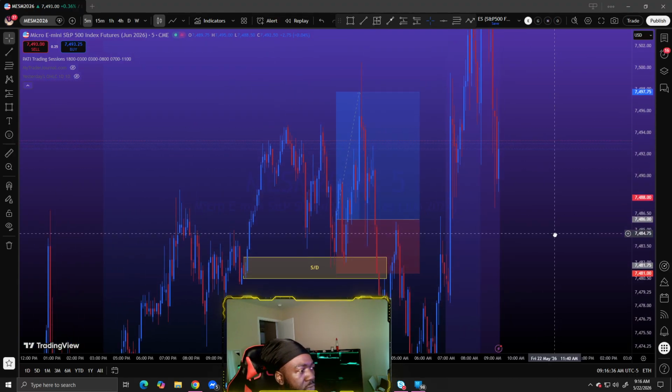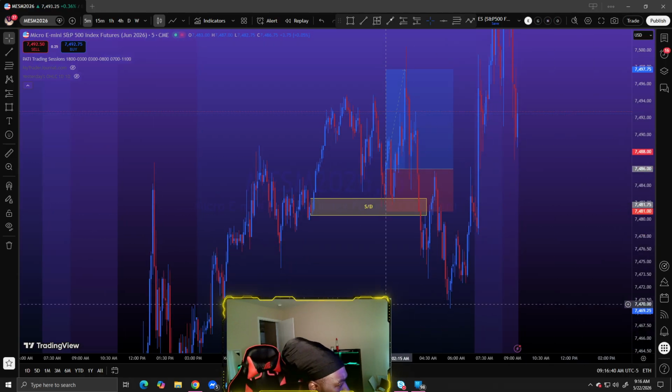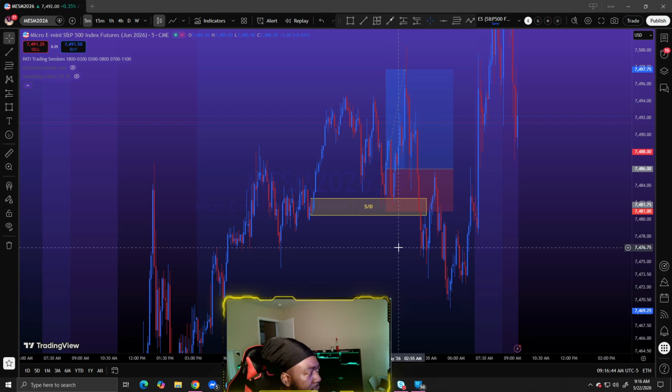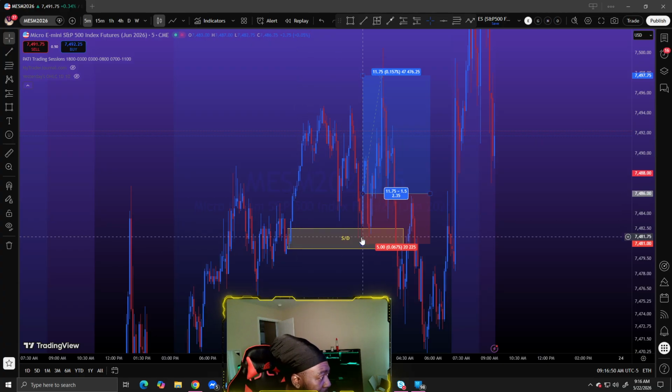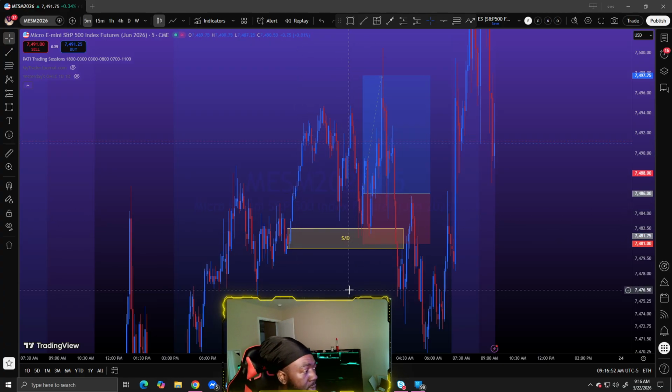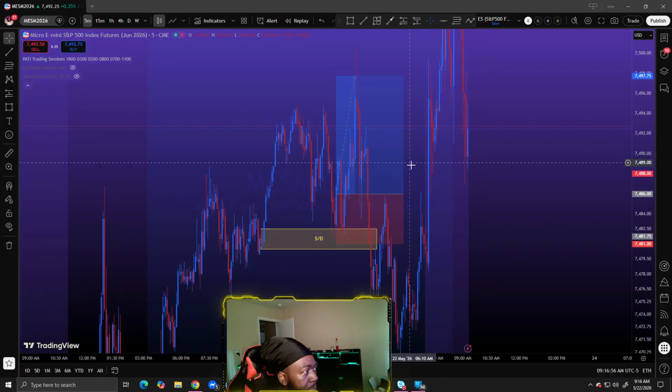This was the second trade I took. This was last night during, I guess you can say, London session, because I took this at 2 a.m. Central Time. So it's the same thing. Break of structure, we're not breaking any lows. We have a demand zone. We reach back into it. I entered on the break of the candle. Stops below the lows, and I just held it.